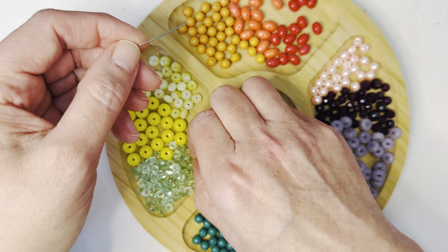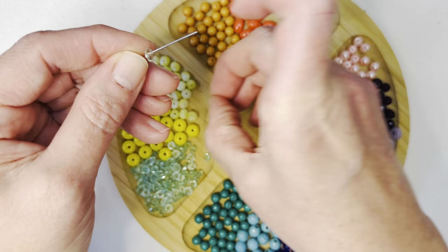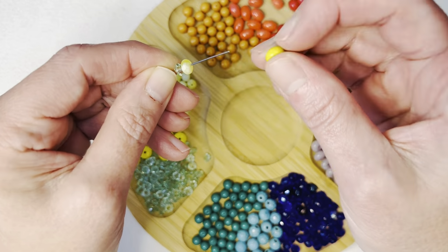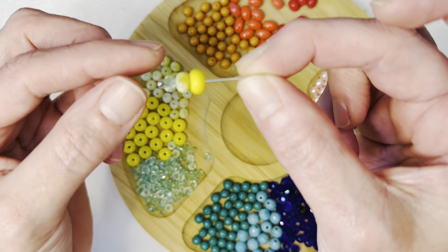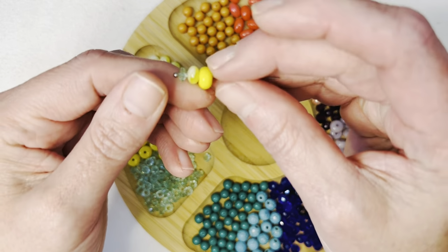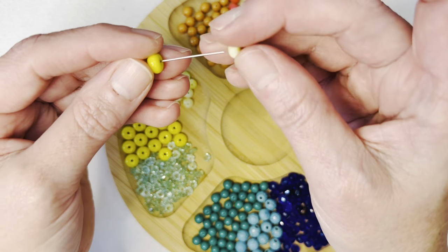So you can say, okay, I really love this really pale green, and let's see what this beautiful light yellow looks like, and then this vivid yellow. These look really nice together. Look at how pretty those are. And this is just part of a design thing, like if you were wanting to make some links, maybe you would want to do this, but the one